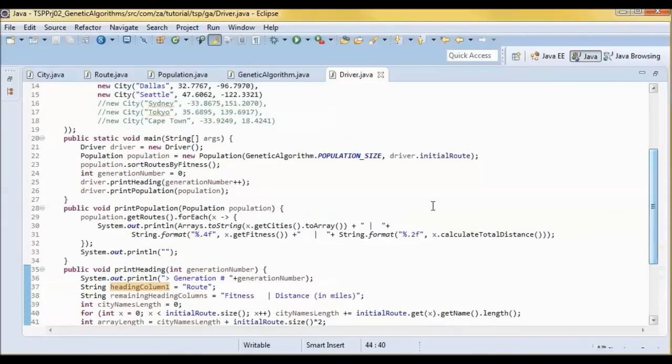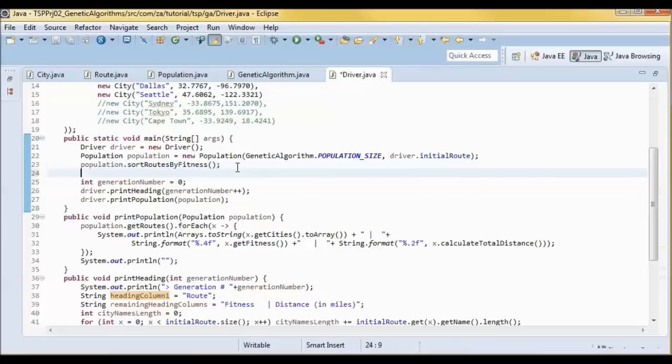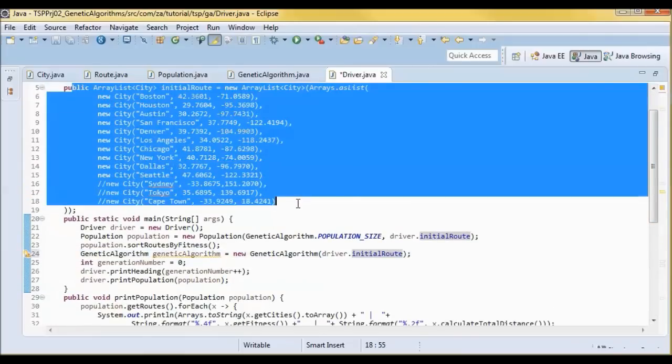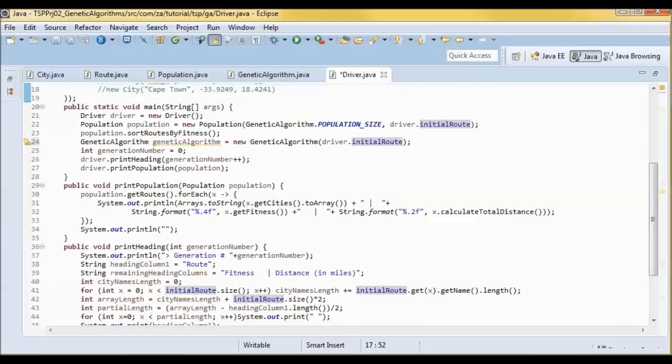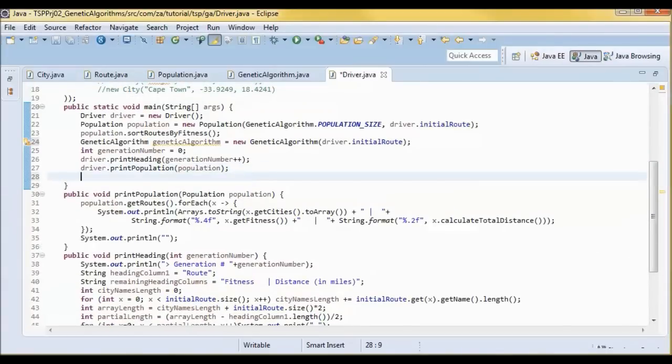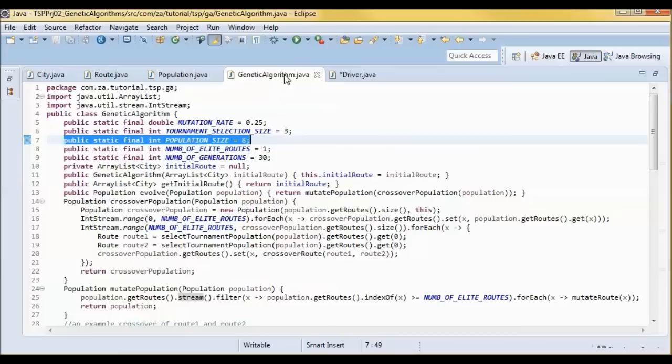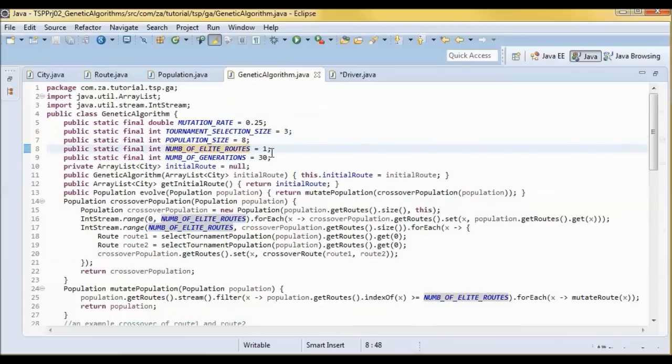And next we need to evolve from generation 0. So let me have this genetic algorithm instance passing in the initial route. And I need a while loop where we would be evolving that population given the number of generations that we defined over here.